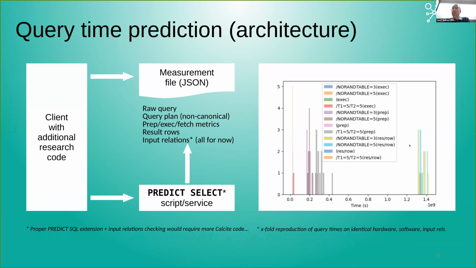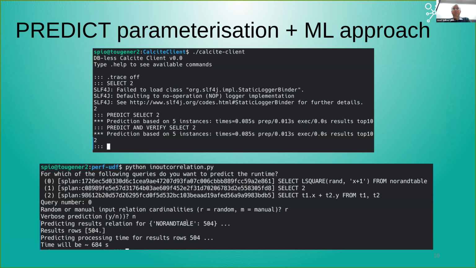We first did a baseline experiment. We see that there's some basic variability of the results, even if you don't involve any changes in cloud providers or software or data relations. And with that, we have been able to test a few scenarios, such as we have a table that has a couple of input lines, and we want to see how would it perform with 500 input lines. And we see the result would be almost 700 seconds. And then we verify with the result whether or not it has that behavior, if it really contains that many